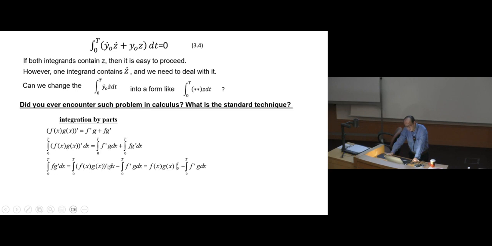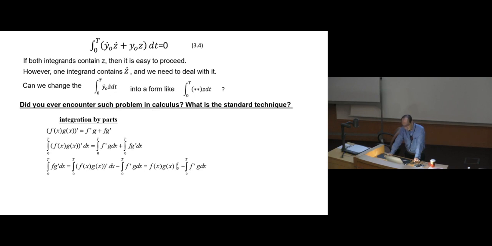But what is this integral? Because it's already a derivative of this function, of course the integral is the function itself, evaluated from 0 to t, minus this one. So that is the formula for integration by parts. Here I just show you how to understand this formula. Okay, now we want to apply the formula to this one, right?